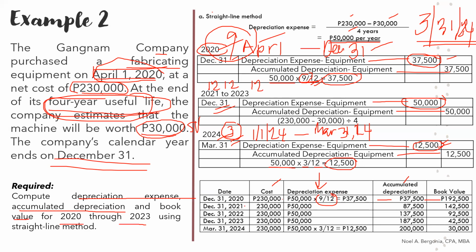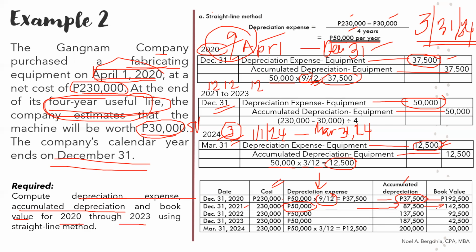Then after a year ulit, December 31, 2021, so 230,000 yung costs. Last year, 2020, may 37,500. I-add mo yung depreciation expense ng 2021, kaya naging 87,500 na yung accumulated depreciation natin. You deduct it from the costs, kaya ang book value natin on December 31, 2021 was